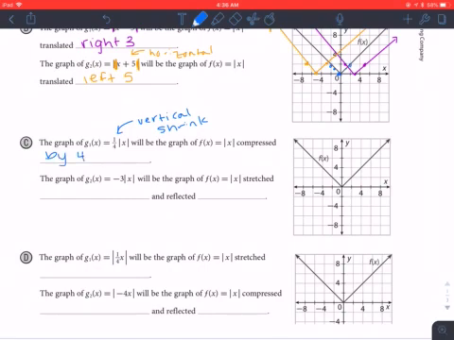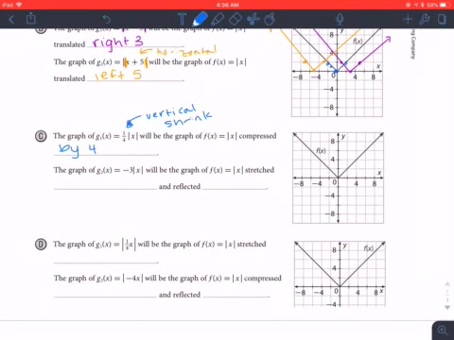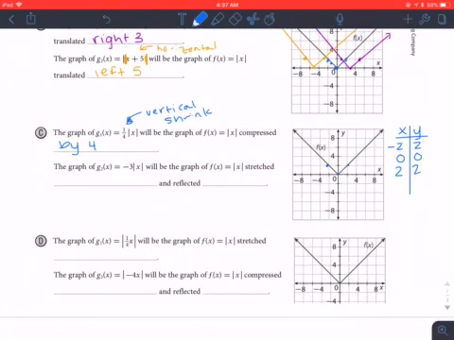I'm okay if you say it that way as well. So that means my y's are going to be compressed. So they'll be 1/4 of the size. So we know with our absolute value parent function, we have the point, and I'll go ahead and use these 3 points. So we've got -2, 2, 0, 0, and 2, 2. So if I take my y values and I shrink them by 4,